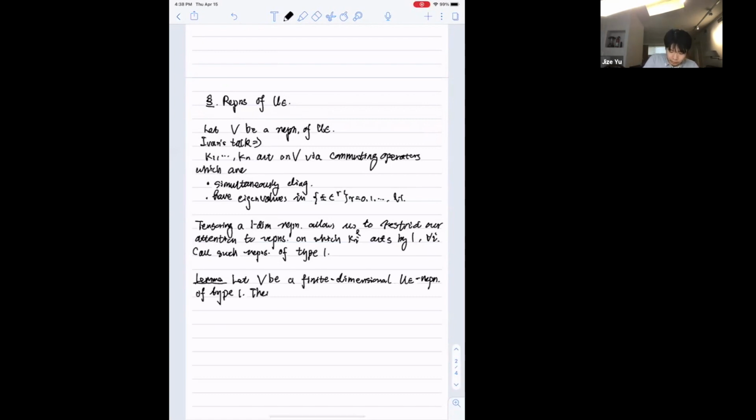Then we have the following numerical result. So first of all, we know the L-th divided power of E_i and the L-th divided power of F_i both act nilpotently on V. And secondly, we know that